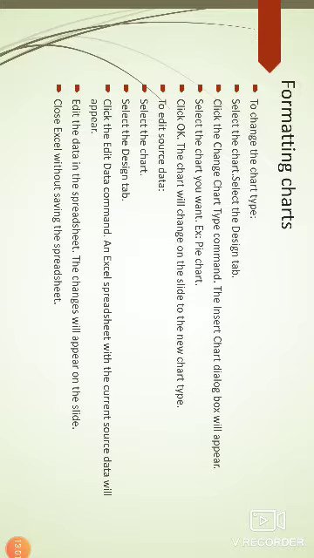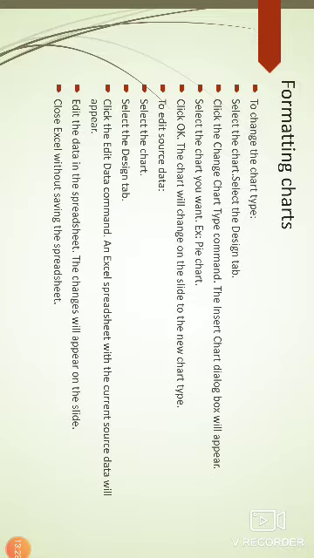Next, we need to edit source data. To edit source data, we follow this procedure. First select the chart and then select the Design tab. After that, click the Edit Data command on the ribbon.